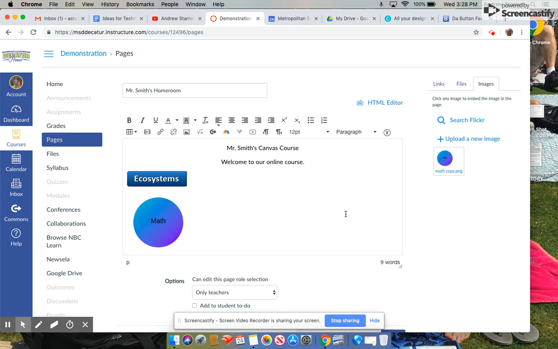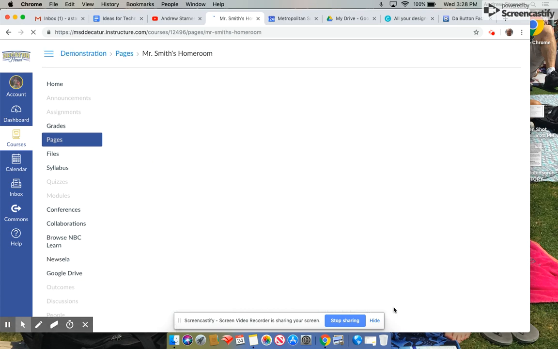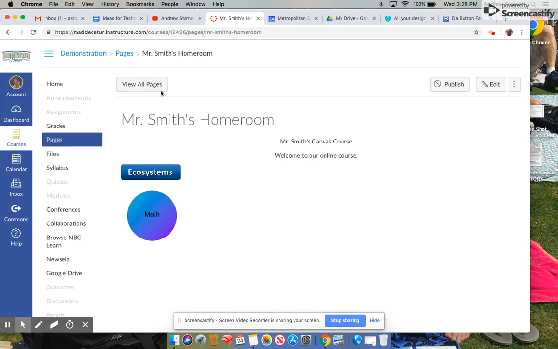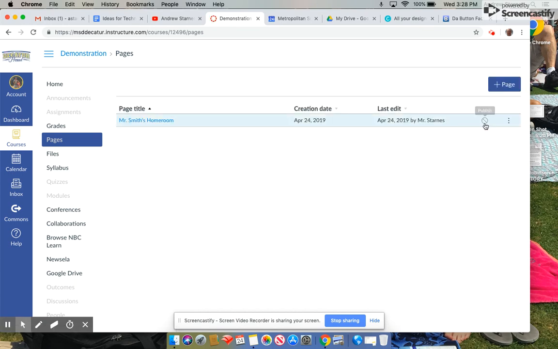Once you're done, you think your page looks really good, you go ahead and scroll down and click save. I'm going to go to view all pages. And I haven't actually published this page yet. So I click publish, and then these three little dots, and I'm going to use it as a front page. Now if we go home,